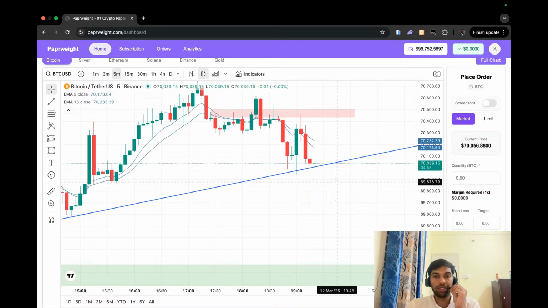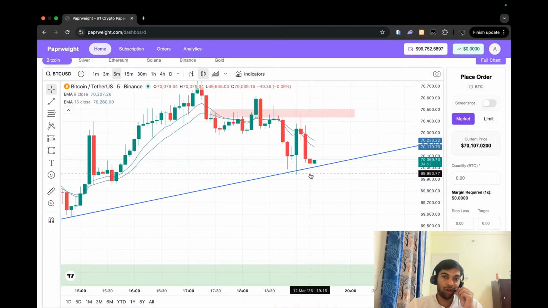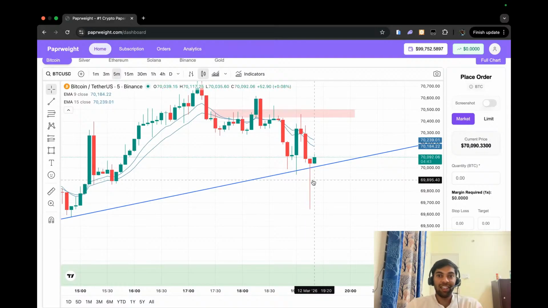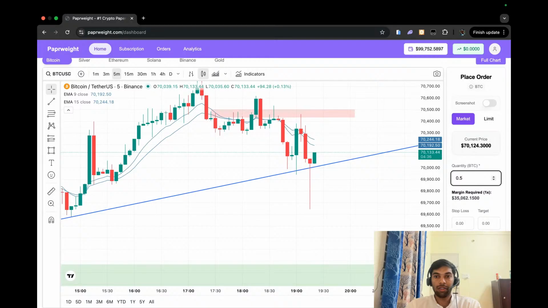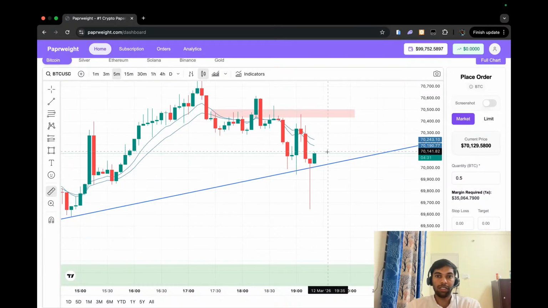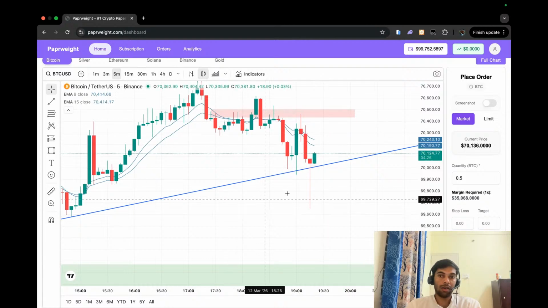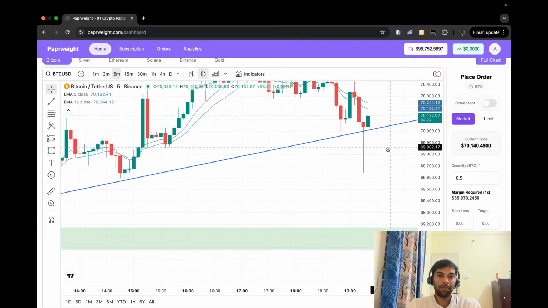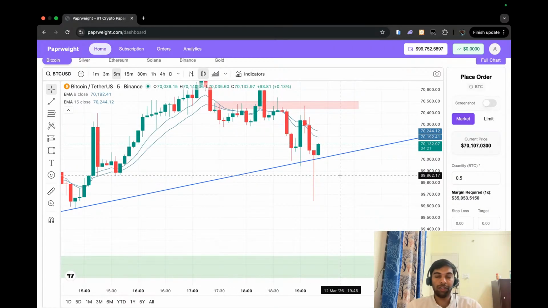All right, guys. So this is quite a scary candle for all the sellers who just punched their trade by seeing that this is going in the downward direction, and now they are panicking. So there is a possibility that the market can go in the up direction, but we have to see what our stop loss looks like. Let's wait, guys. Let's wait.